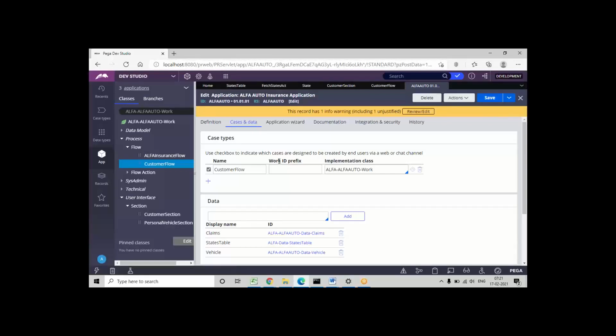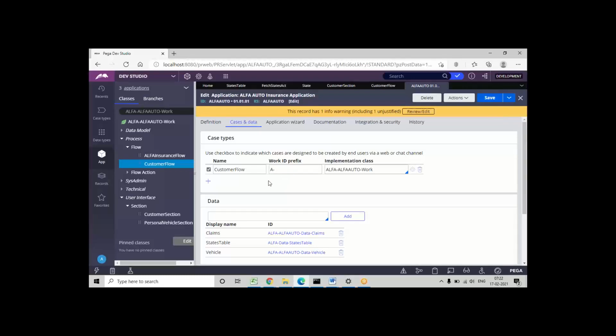Another option available is work ID prefix. Earlier, the work ID prefix we were getting was C hyphen. That is the default prefix we get automatically. If I want to change that prefix to a different value, C hyphen is the default prefix, and what we provide here is a user defined prefix. If I give a user defined prefix, it will override the predefined prefix value. Suppose I give something like A hyphen, then from next time I'll be getting A hyphen and some number.